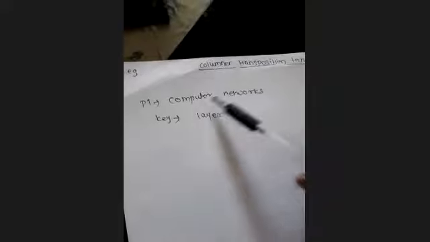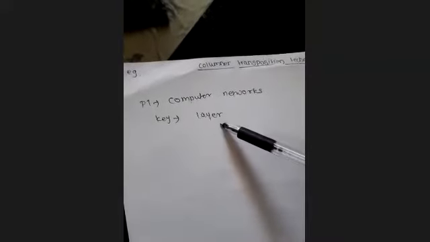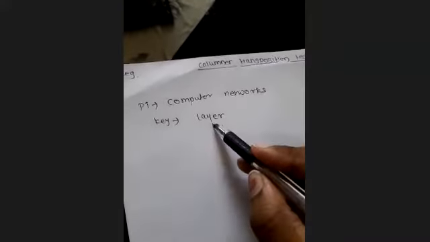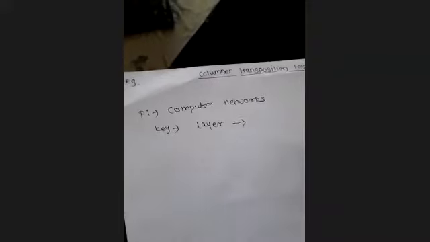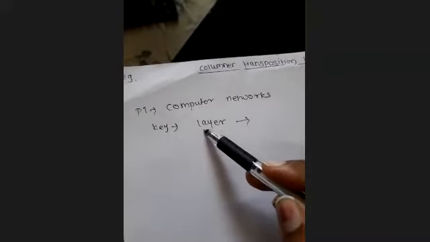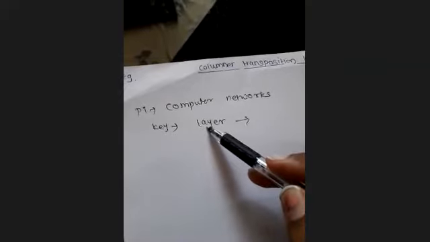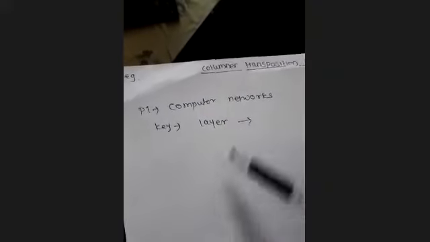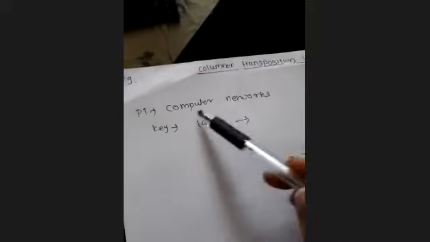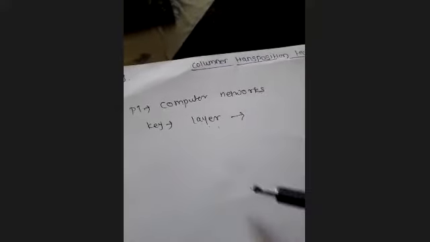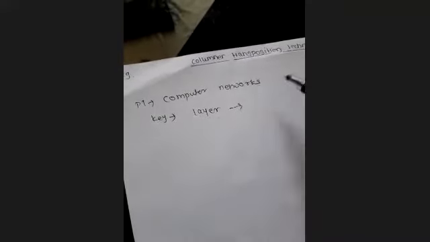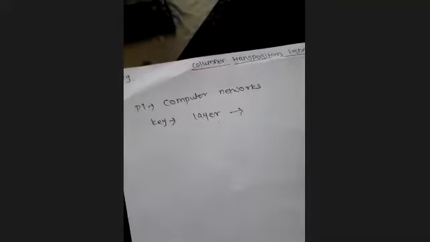Plain text is computer networks and the key given is layer. Okay. Now what to do? As the usual method, if you want the number for this layer, you will have to write down the respective number for these letters. What does L represent? What does A represent? A will represent 0. Like that, represent numbers for the remaining letters too. And then prepare a table, make a matrix, write in it row wise, and then read it column wise. And let me know the ciphertext for this. Plain text given is computer networks and the key given is layer.